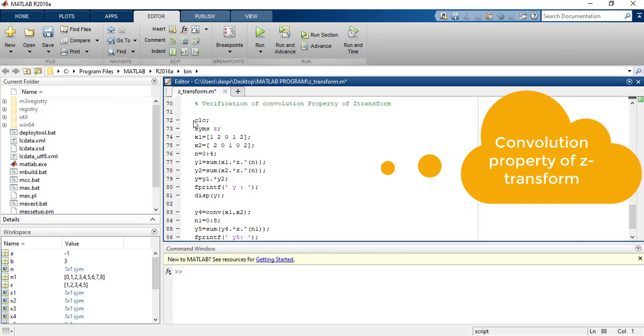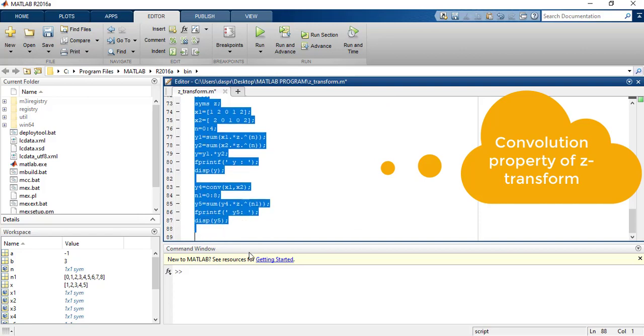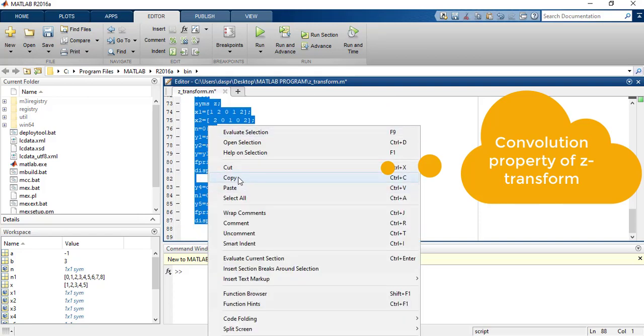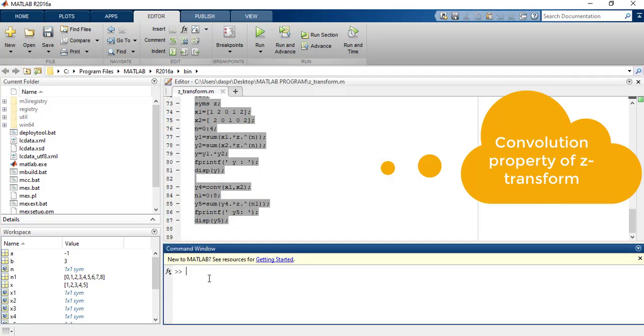Now if I run this program in MATLAB, this is the result y and this is the result y5, and check that both results are the same. If not the same, let me know and I will check, but the result will be the same, and you make a comment that the property is satisfied.